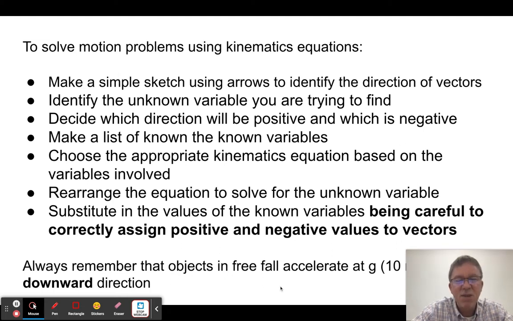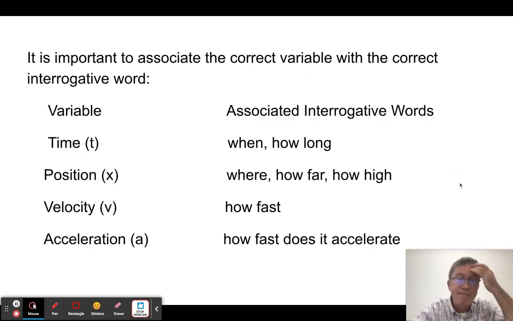And the last thing I'll say is just remember that when objects fall, and that's a standard thing we do, we don't say the object is falling, and by the way, it's accelerating. You're supposed to understand if an object is falling, it is accelerating at 10 meters per second squared in the negative direction if down is negative. But maybe you're going to call down the positive direction. So the main thing is it's falling in the downward direction. But understand if something is falling, it is accelerating at 10 meters per second squared, which is also 9.81 if we were doing a lab and we want to be more precise. Okay, now